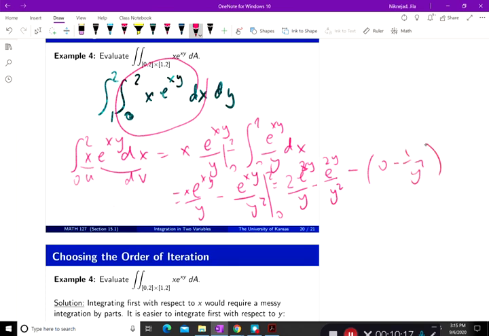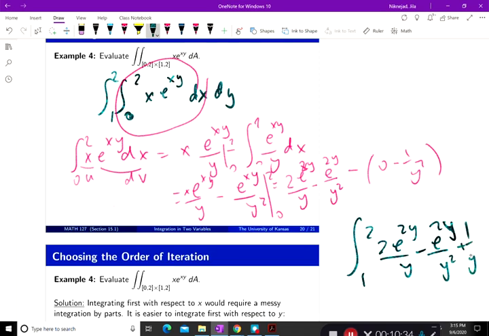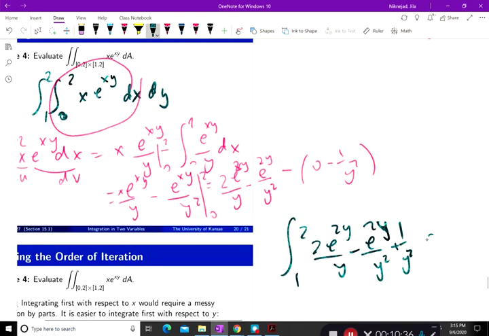Now if you plug that into the integral from 1 to 2 of 2 e to the power 2y over y minus e to the power 2y over y squared plus 1 over y squared dy,